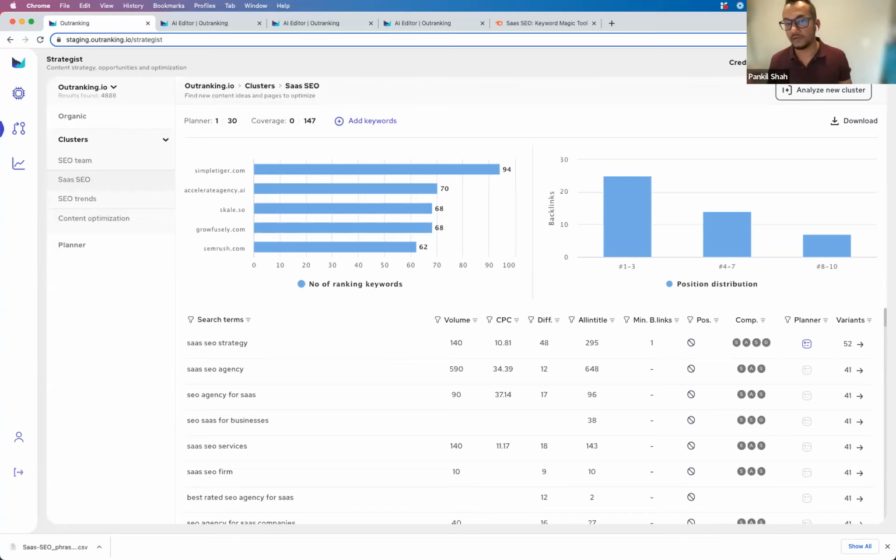So if I have "how to create SEO content," and I mention SEO content strategy in that page, it's not cannibalizing it. But if I mention how to create SEO content strategy, what are different types of SEO content strategy, and all of that in my SEO content writing blog, then it's a clear cannibalization, right? Because you already have content over there. So mentioning a keyword doesn't lead to cannibalization. It's how in depth you mention it and how emphasized it is that leads to cannibalization.